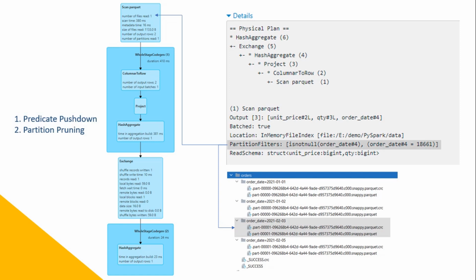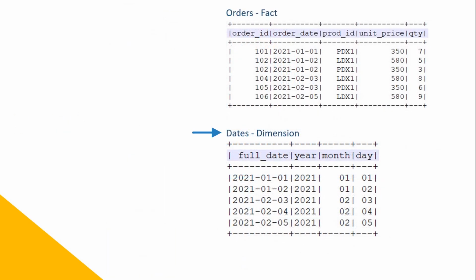Great. Now come to the dynamic partition pruning. What is dynamic partition pruning? Let's try to understand that. Let's assume you have another table. Here it is. Let's call it the dates table. If you have any experience in data warehouse, you can quickly identify this table. This table is known as the date dimension in the data warehousing world.